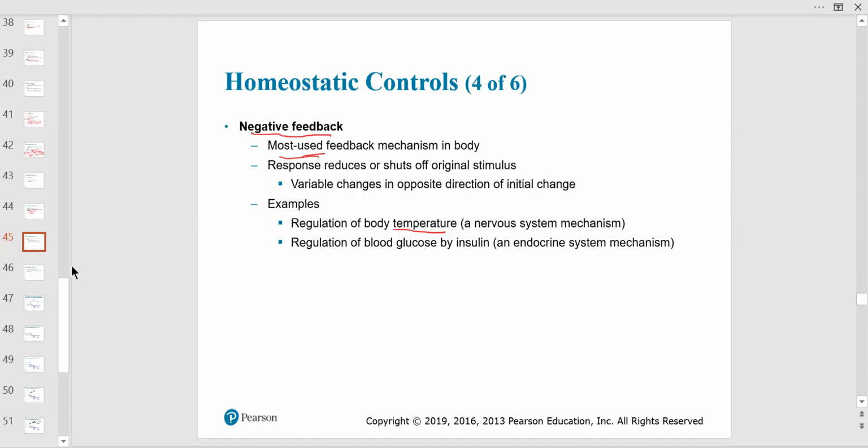Now, the insulin, blood glucose. Insulin is a hormone released by the beta cells of the islets of Langerhans of the pancreas. So when your blood glucose goes up, like if we're at Chick-fil-A and we have a strawberry milkshake, insulin is going to be released from your pancreas to take the glucose out of the blood and put it into the cells so it can be used for cellular metabolism, ATP. So if the blood glucose is high, insulin is released.